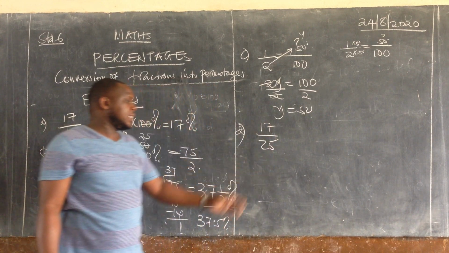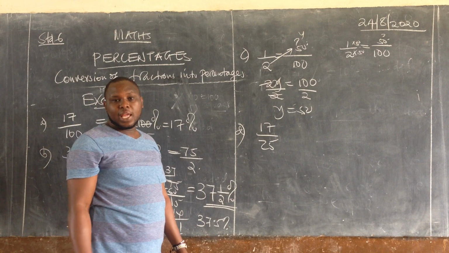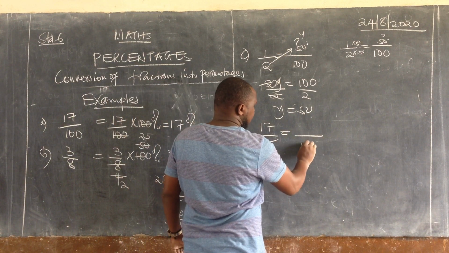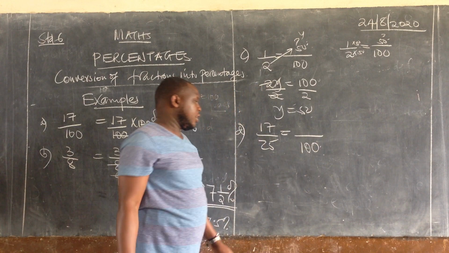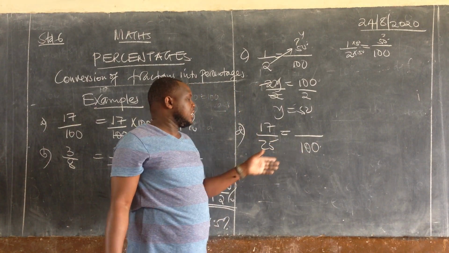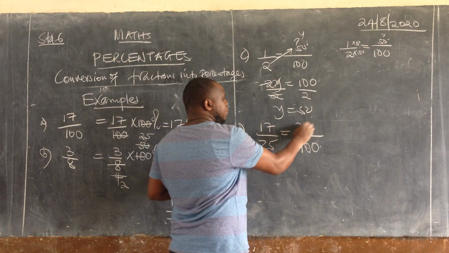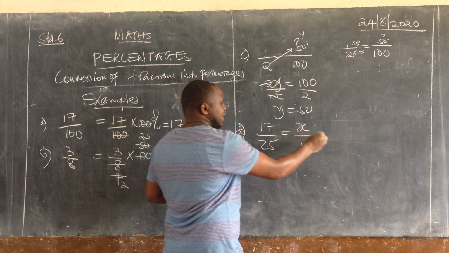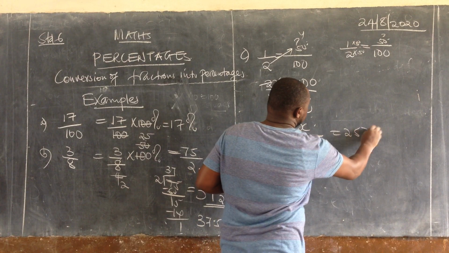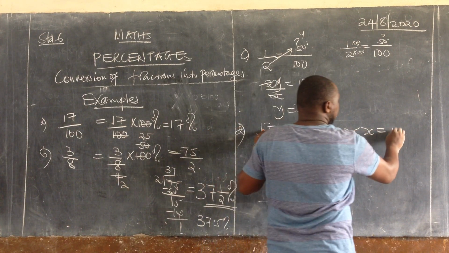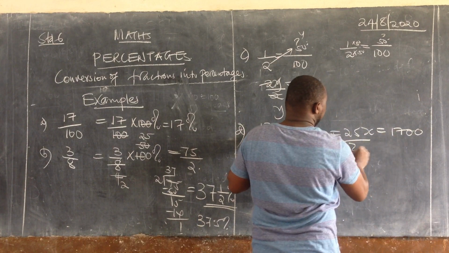You are told to express the denominator to be 100. So here you say, this is 100. If you are told to express the denominator to be 100, you simply write 100 there. And then the question will be, you can put x there. So 25 times x is going to be 25x equals 17 times 100, which is 1,700 over 25